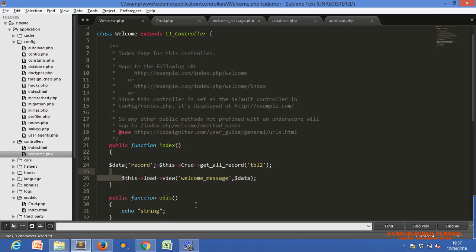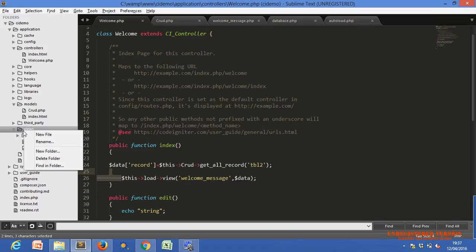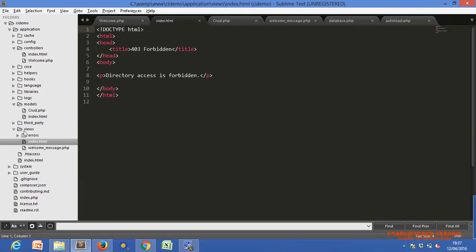Now we have to call an edit view page. So first we have to create a view page. Where is our view folder? These are the views. We have only one view right now.